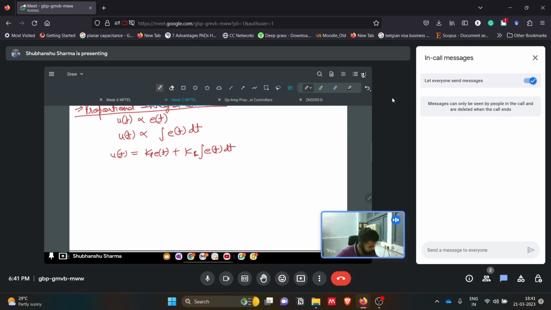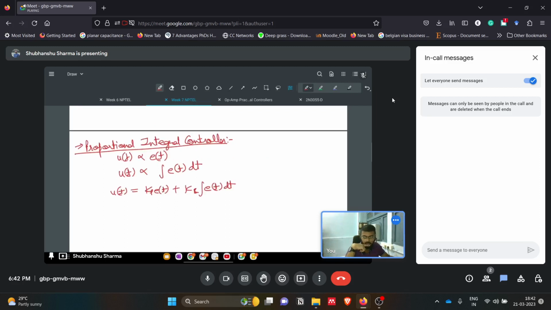So here what is happening? Initially, the proportional controller was changing its output based on whatever the error was. So if the error is high, it will make its output high. If the error is less, the output will be less. So it was like a linear relation. But in case of the integral controller, we add this integral term. What will happen? It will also see